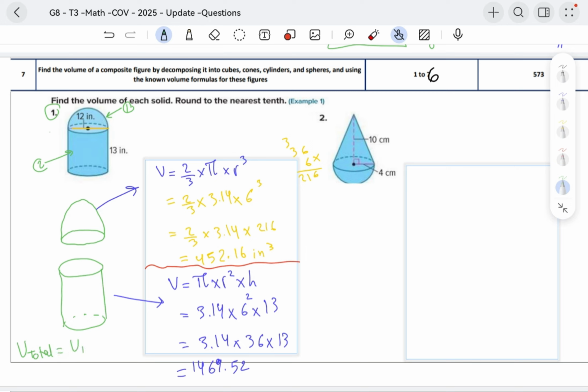And in the last step, we have to find the total volume, V total, equals the sum V1 plus V2, the volume for the hemisphere plus the volume for the cylinder. This is the volume for the hemisphere, and this is the volume for the cylinder. We're going to add them together. This will give us 1921.68. And the question asked me to round to the nearest tenth. We're gonna round it up since here we have 8. So the final answer will be